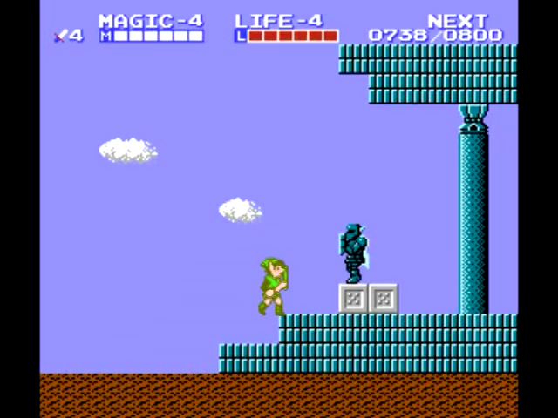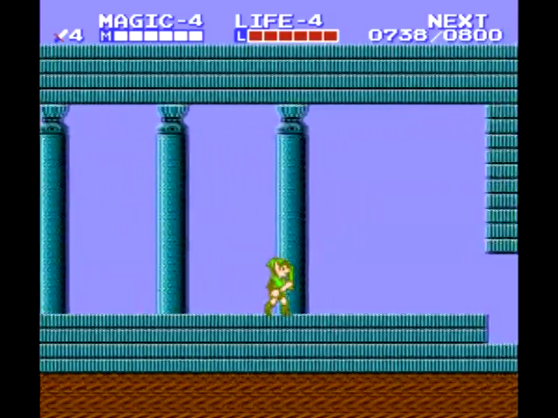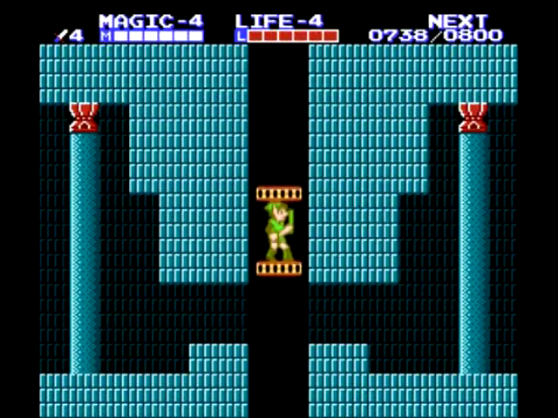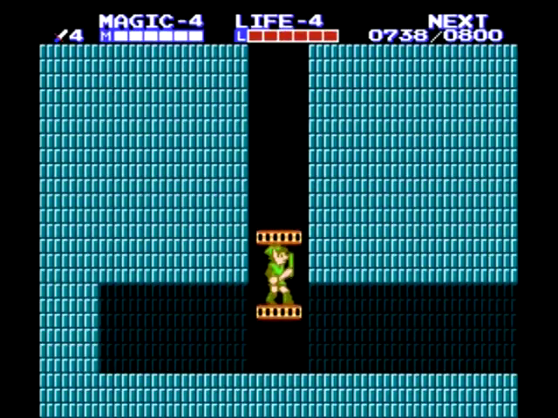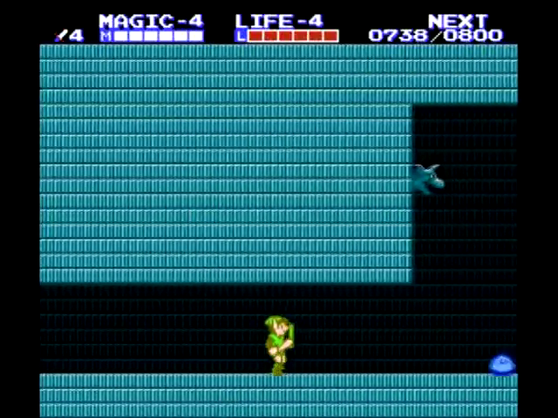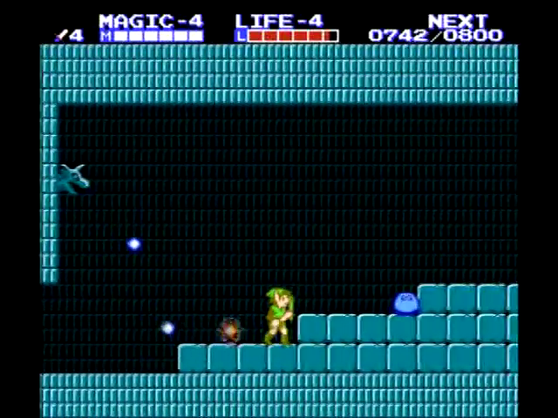Medora Palace is the second palace in the game. It's also referred to as the Swamp Palace from time to time, and it really is more of the same as Parappa Palace. It doesn't have too many new enemies, but just a lot more of them, and they're a little more difficult. Take the first elevator and go all the way to the bottom, and now just start